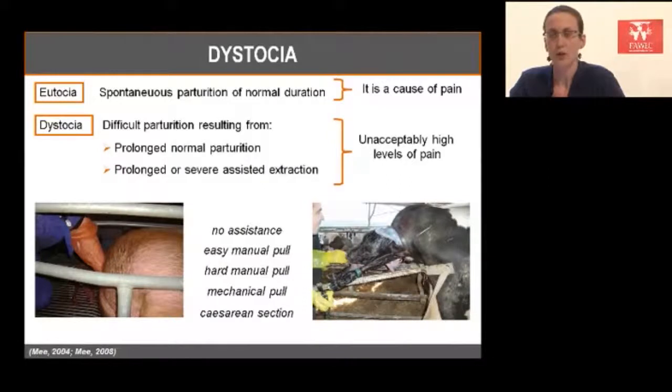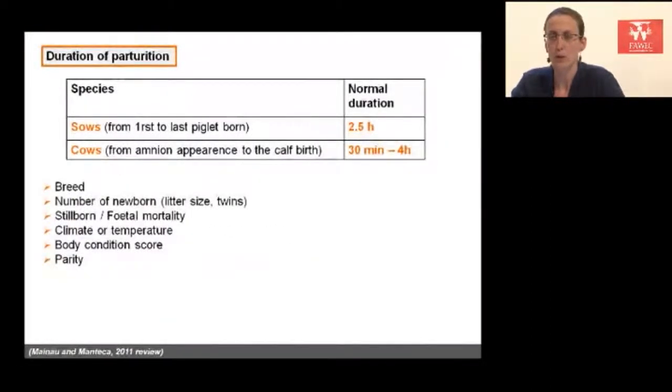So regarding the definition of dystocia, it's clear that one of the factors that can affect pain during parturition is duration. The normal duration of parturition in sows is around 2.5 hours, and in cows it is from 30 minutes to 4 hours. So the idea is that in general, parturitions longer than this normal duration will involve high levels of pain in the mother. And there are several factors that can